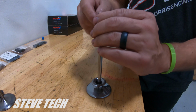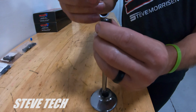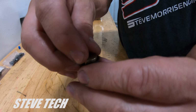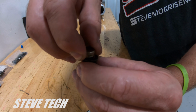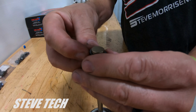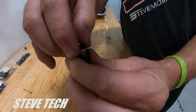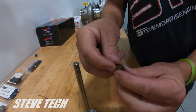Here would be your normal deal, that would just be your normal deal like that, but this lash cap goes on and then, yeah, it's a little tight. There you go. The keepers come in, grab it, and keep it from going anywhere. So this lash cap can never come off. So when it's all together,